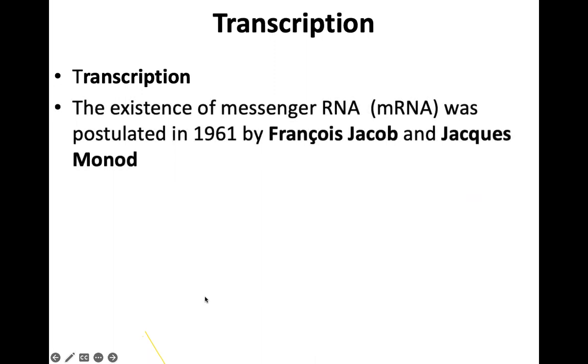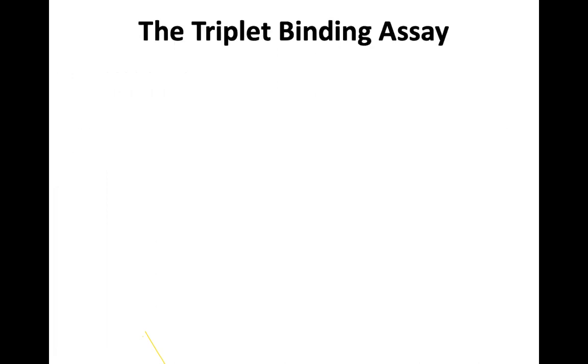Now, transcription by definition, we know, is basically to transcribe DNA into the RNA, where each T is converted into U. RNA, we know, is a single-stranded molecule. This mechanism of the existence of the RNA was first described in 1961 by Francois Jacob and Jacques Monod, and then later on it was discovered how it is transcribed, and for that they used